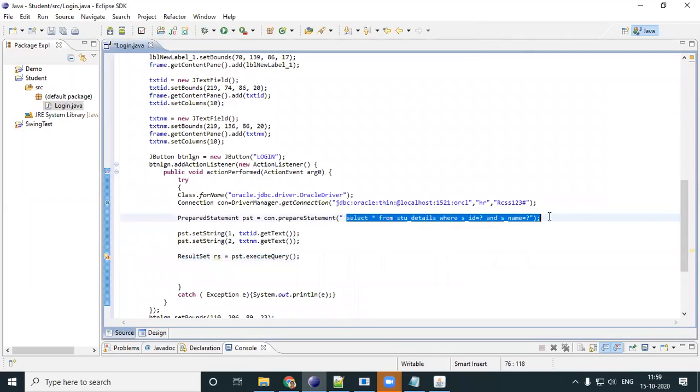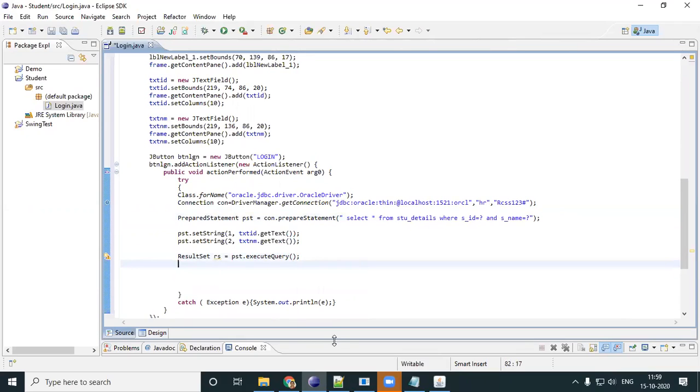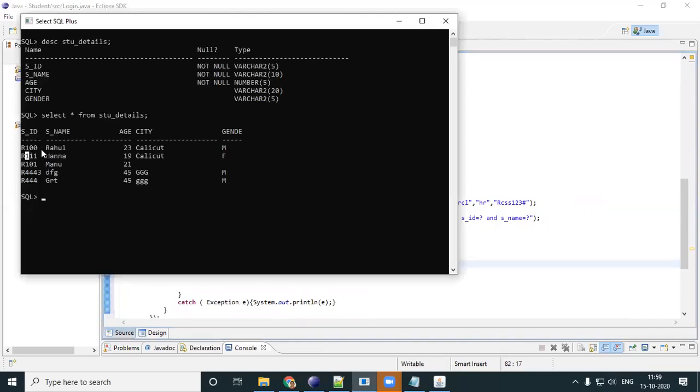Select star from stu details. I've executed the query. Now, if I have an entry R101, I will have a result set. If I do not have an entry R101, I will not have a result set.